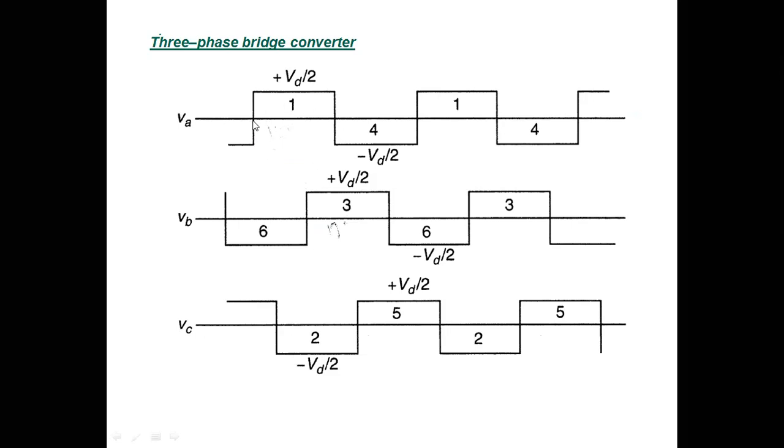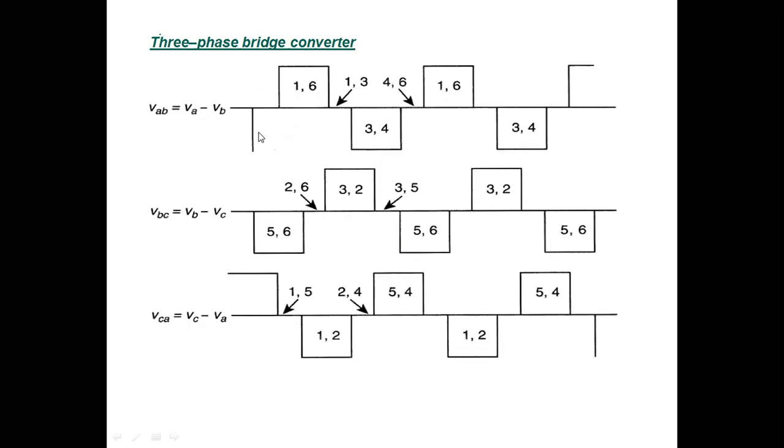See, here we have drawn these three waveforms. This is based on a simple single leg operation. If the upper one is on, you get positive; if the bottom one is on, you get negative. And for three phase, you simply take a 120 degrees phase difference between them, okay? And we name them in the order 135, 246, like that we are considering, and we represent the phase voltage and the line voltage by simply subtracting.